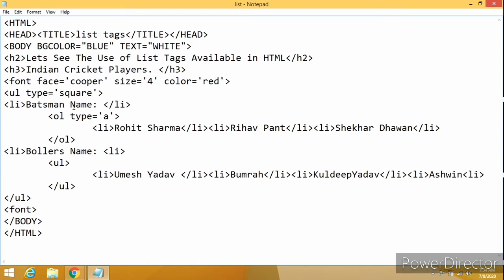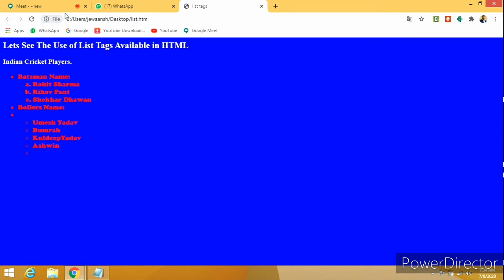This UL is batsman. Okay, can you guess what was the reason? So I'm leaving it for you all to remove such errors, so that you don't get the extra list. Look here, I have left the closing tag for li. If you have any mistake, it will show you the wrong output. So let us refresh it. Again the last one has gone, but this one hasn't gone. This square bullet is again coming.